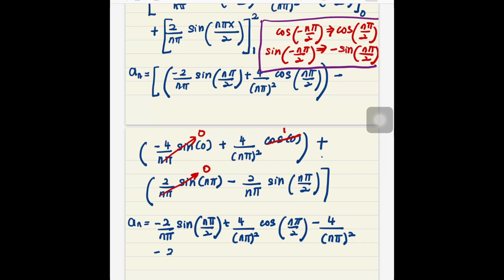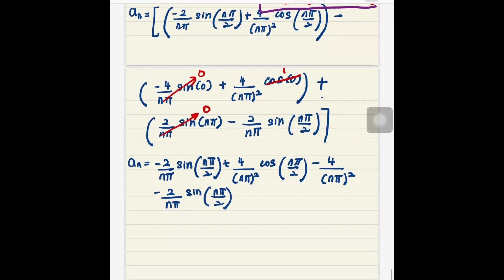So plus minus will give you minus 2 over n pi sine n pi over 2. So simplify this one and this one. Therefore you will have your an is equal to negative 4 over n pi sine n pi over 2